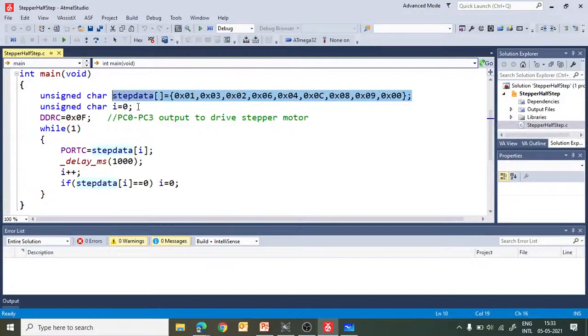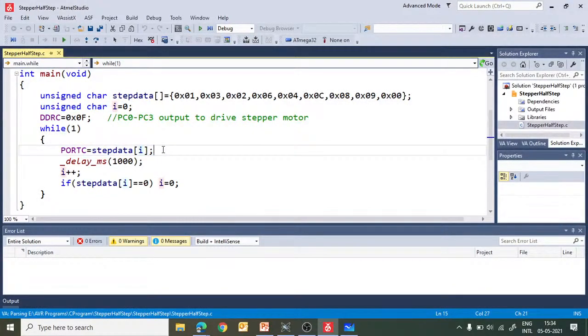Unsigned integer i equal to 0, because we would like to access the elements later from this array. DDRC equal to 0x0F, because we will be using port C to drive the motor, so PC0 to PC3 are initialized as output pins. And inside the while(1) loop, PORTC is equal to stepdata[i].